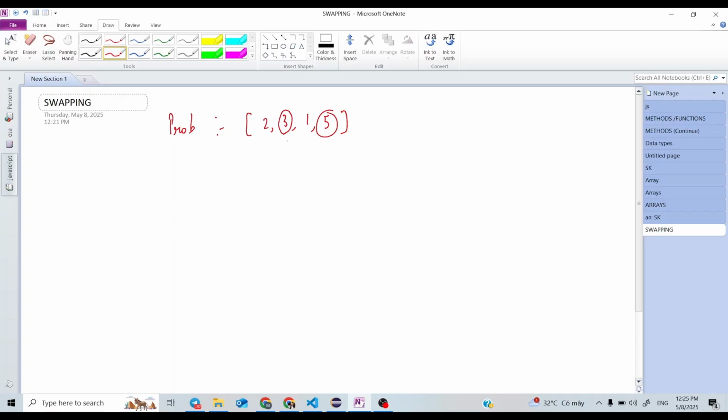Swapping means this 3 will come at the place of 5 and this 5 will come at the place of 3. After swapping, my resultant array would look like this. At 3 I will be putting 5, and at 5 I will be putting 3. The remaining elements' positions will remain the same. 2 will be at its previous position, 1 will be at its previous position, but these elements get swapped